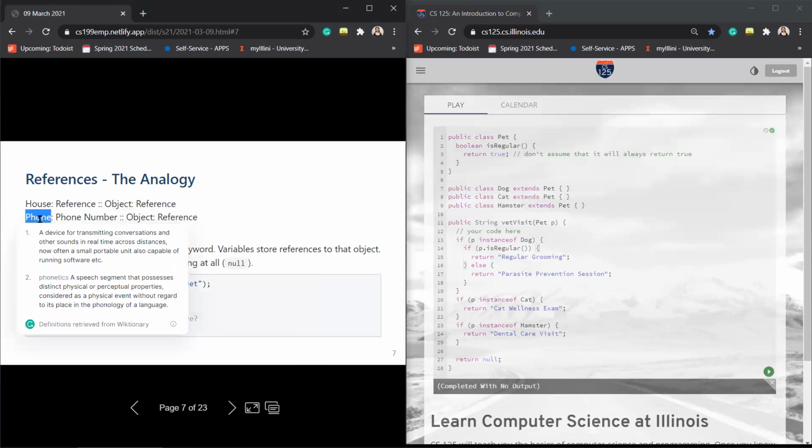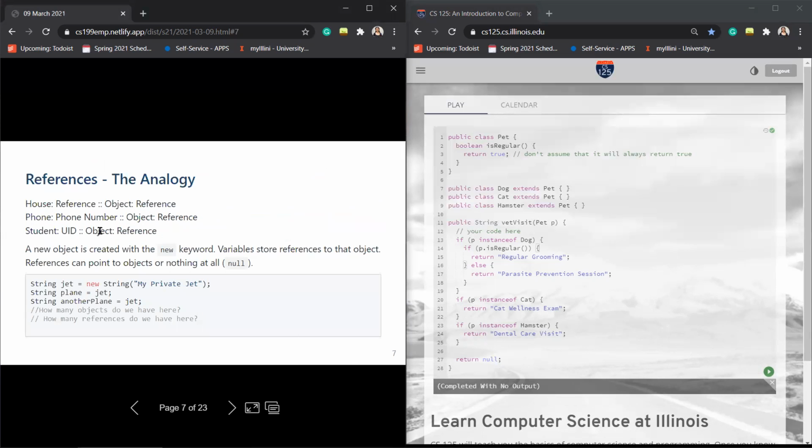If the phone is the object, then the phone number is the reference. The student is the object, then the UIN is the reference. Okay. So another typo there. So remember that you can only create a new object with the new keyword. So if you see two examples of the new keyword being used, then you can assume that two objects are being created. Whereas